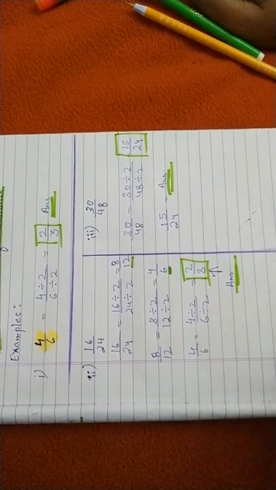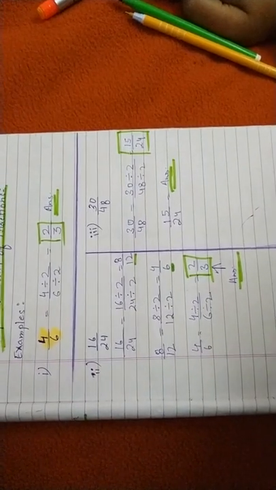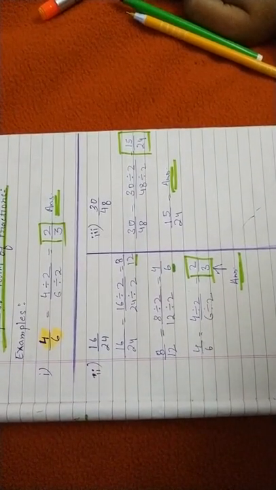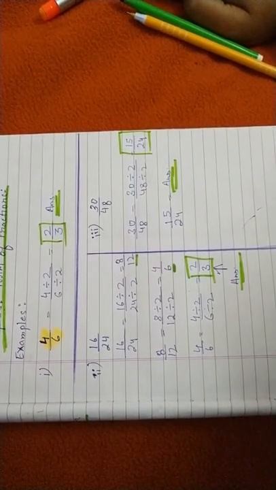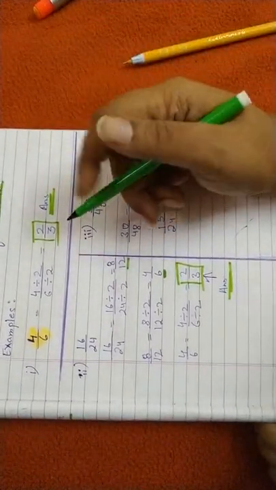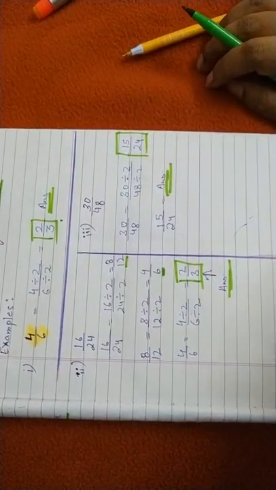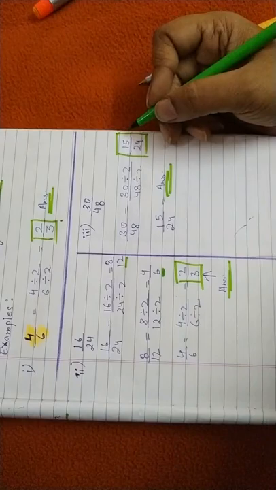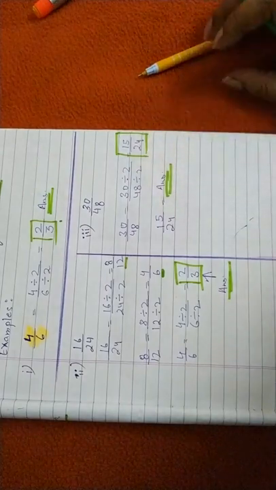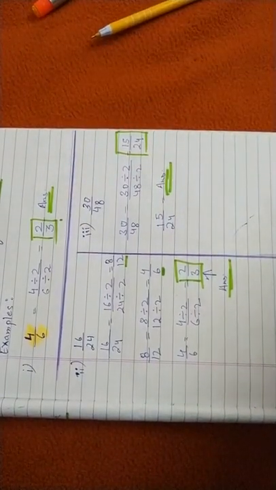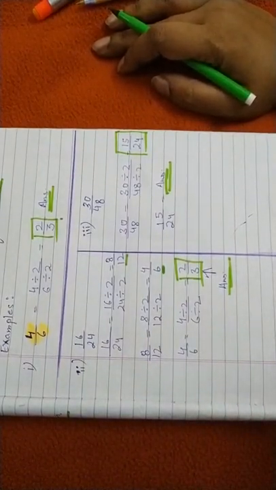Is it clear? We have to bring the fraction to its lowest form, where there is no possibility left to reduce it more. Then it means it is in its lowest term. Like 2 upon 3, we cannot reduce it more. Then 15 upon 24. No doubt 15 is bigger than 2 and 24 is bigger than 3, but still we cannot reduce it more. Why? Because 15 and 24 don't come in one table. Okay, this much is clear.